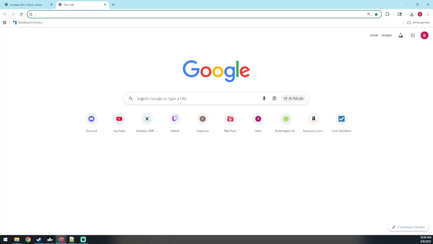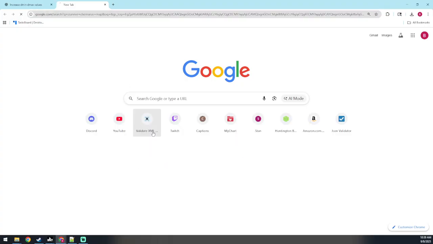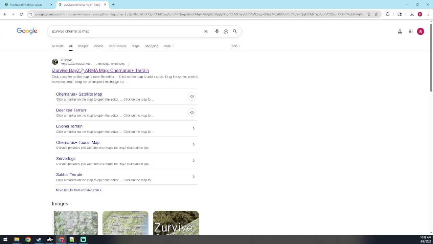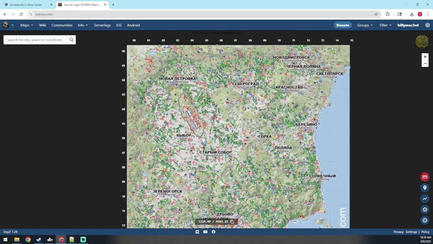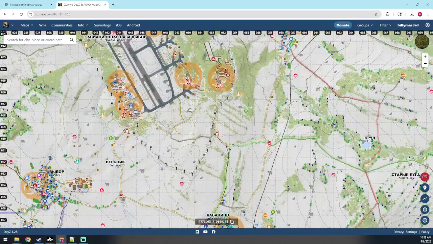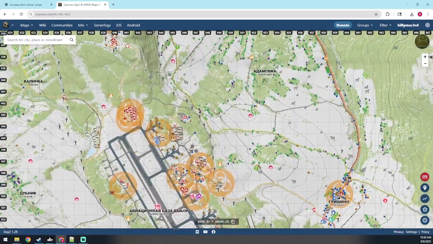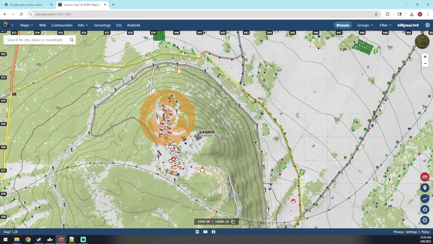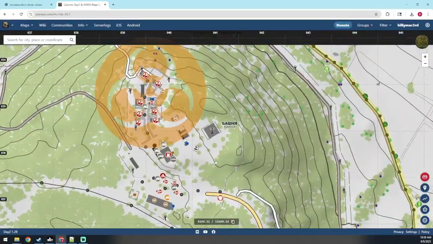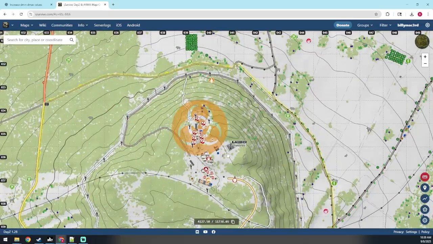So you have to go to iSurvive. I search it a lot, so iSurvive Chernarus is on here. And we'll pull up the map. And I'm going to go to the area called Bash, which is that area just north of the Northeast Airfield. And if you zoom in, I don't know that you'll be able to see it on the video, especially if you're watching it on your phone, but make sure you've got your grid lines to be able to see. And then if you look down here,